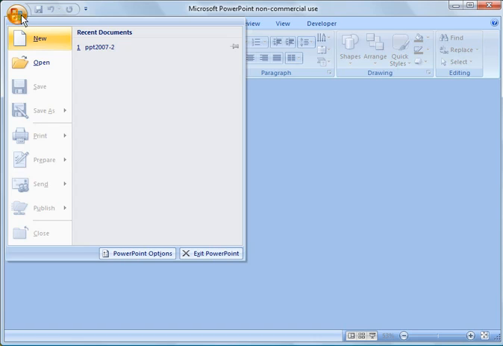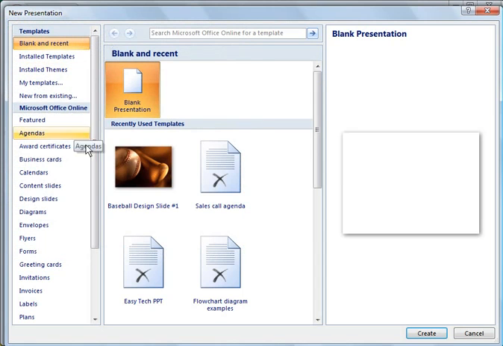If you go to the Microsoft Office button here and click New, you could do a blank presentation, which would be right here, and that's where you do everything from scratch. Or you could use templates. You'll notice here I have several recently used templates that I've been working with. And so if you go down here on the Microsoft Office Online, you can go and find lots of different